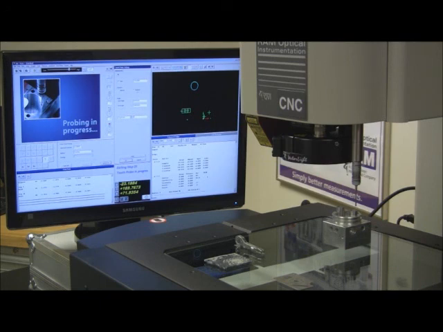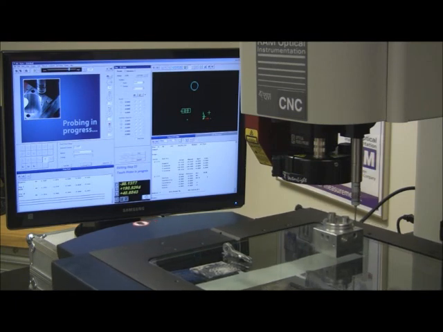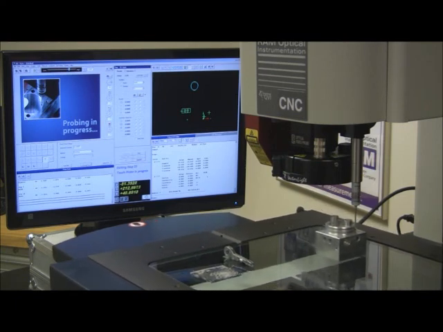And then I've told it that I have a safe distance. When I'm done, I want it to go up above the part. Right now, I'm clear of the part, and I'm sitting about 72 millimeters, so I'm going to have it go up to 76. When I say Apply and say OK, I can go back and say Remeasure now. And now, instead of taking the 3 points we took at the random locations,